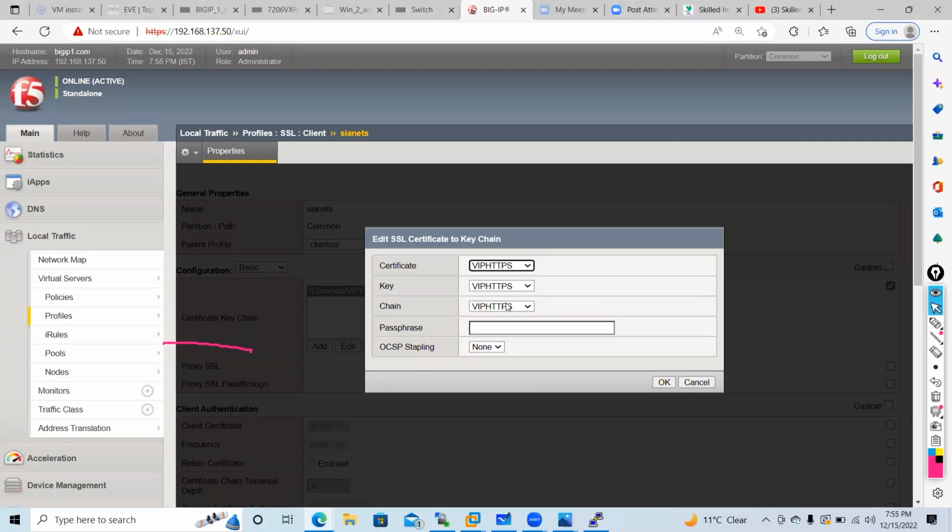So this is the best way, guys. Some people create a new profile with a new cert and key. I would not recommend it. In that case, you need to change that profile on the virtual server. So the best is to just upload a new cert and key and then call this new cert and key here. Automatically, it will get changed on your virtual server. You don't need to do any changes on your virtual server. You don't need to call any new profile.